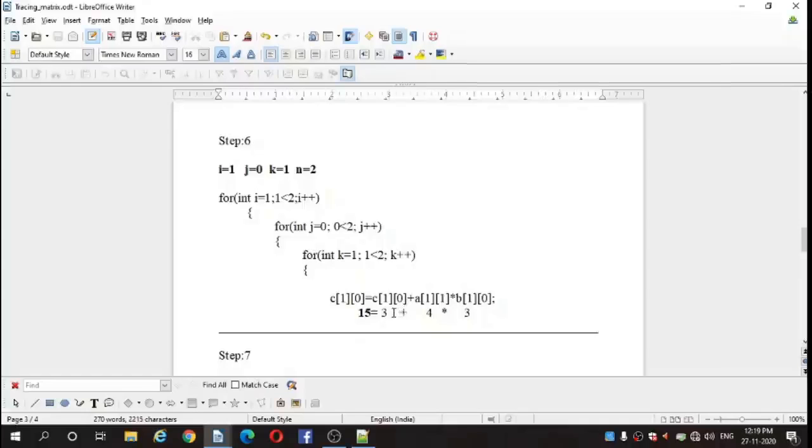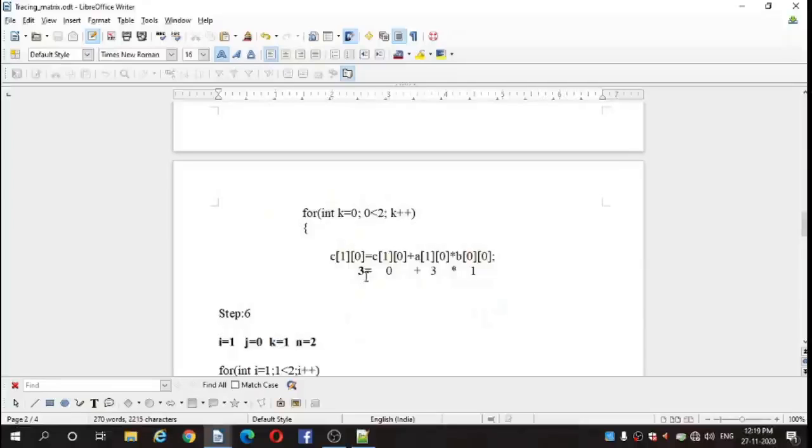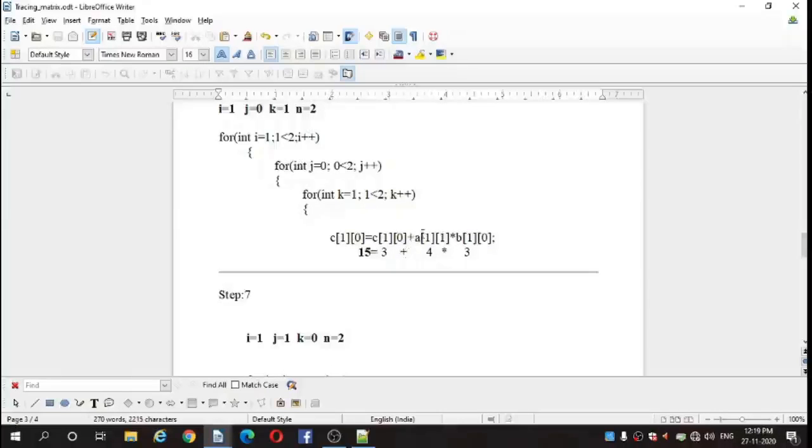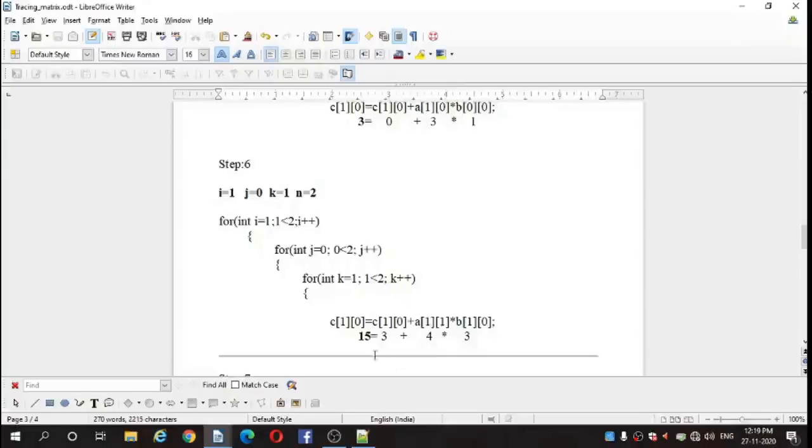C of 1, 0, we have element 3. Okay, in the earlier step, that is step 5, we got the value of C of 1, 0, that is 3, plus A of 1, 1, the element is 4, into B of 1, 0, the element is 3. So 4 into 3, 12, plus 3, it is 15. So we got the element, that is 15, at position of 1, 0.